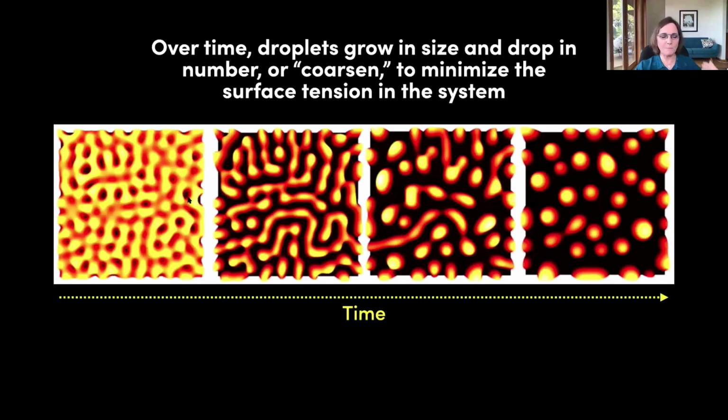But one property of such systems is that as two materials that have limited affinity for each other separate and one de-wets from the other, the droplets undergo this process of coarsening, or getting larger and fewer in number. And they do that either by colliding with each other or through a process called Ostwald ripening, in which molecules, if they are free to leave one of the smaller droplets and travel into one of the larger droplets, will become more stable because there's less surface tension in the system.